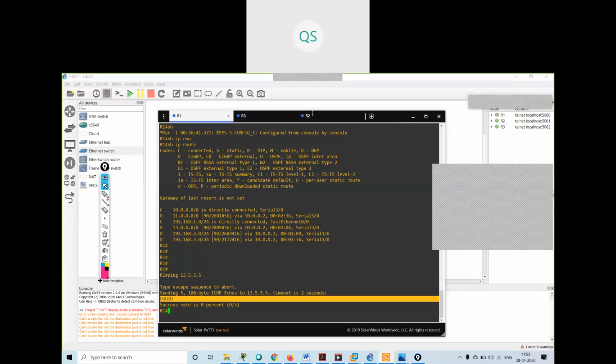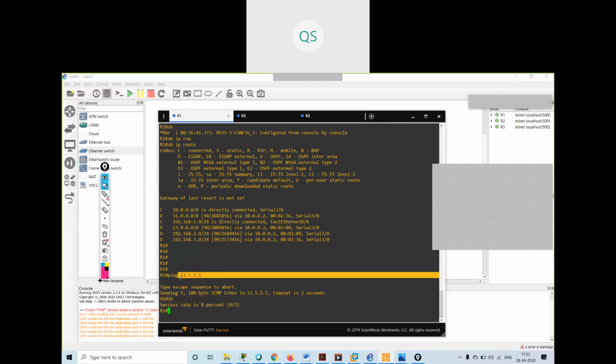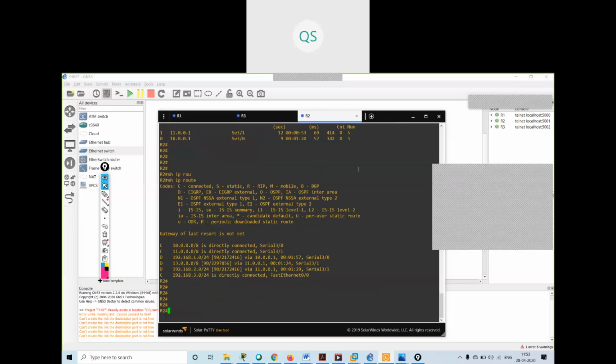Because there is no such network 13.5.5.5, but it has a route saying that all of the 13 dot network is available. If you want to go to any 13 dot network, then you have to go to 10.0.0.2. So when I am reaching the 13 dot network, I am unable to reach it, because if I am reaching this client 13.5.5.5, I am unable to reach it because I do not have this network. So see, in this example, my auto summary will not work.